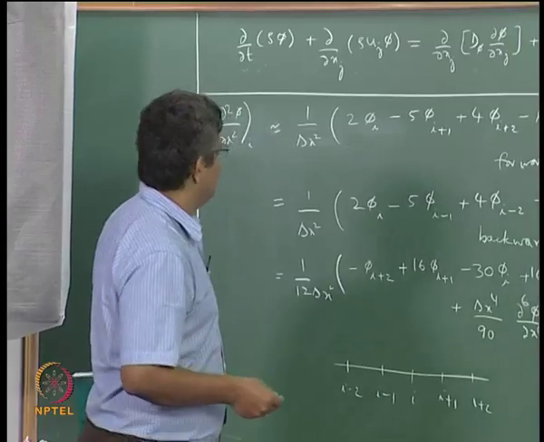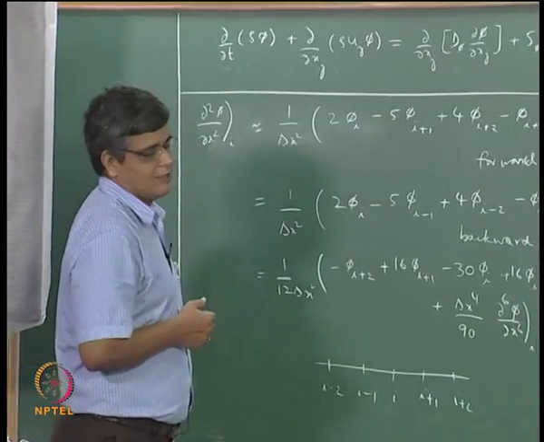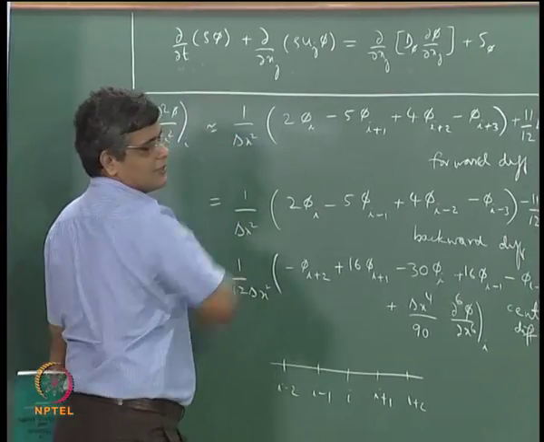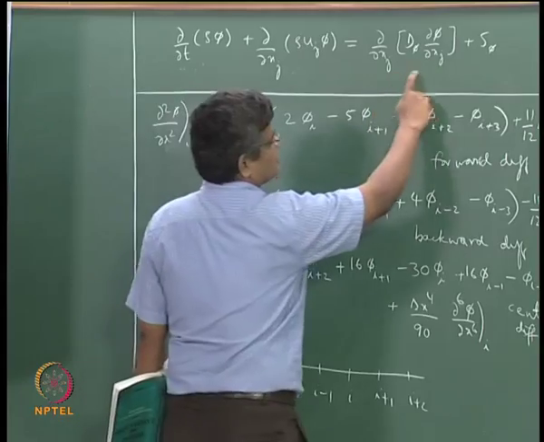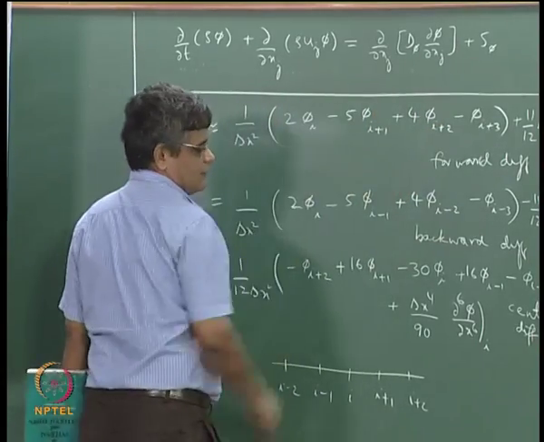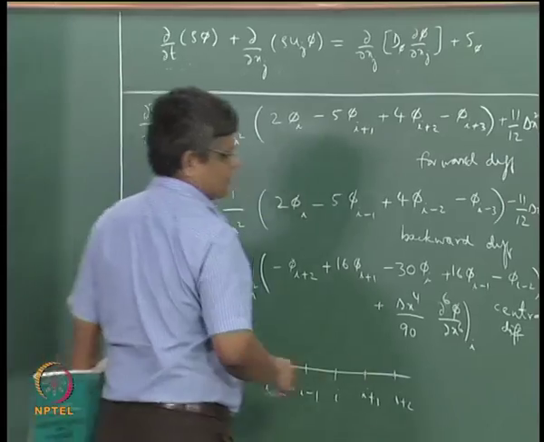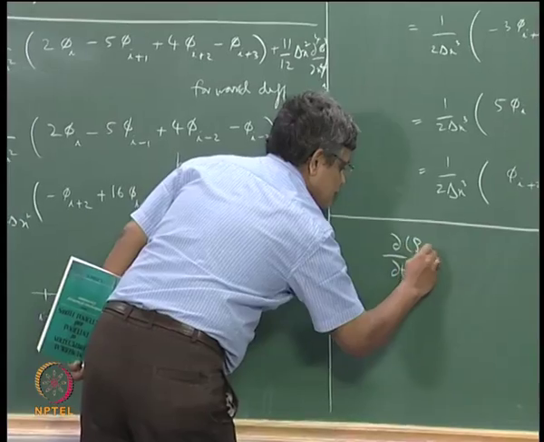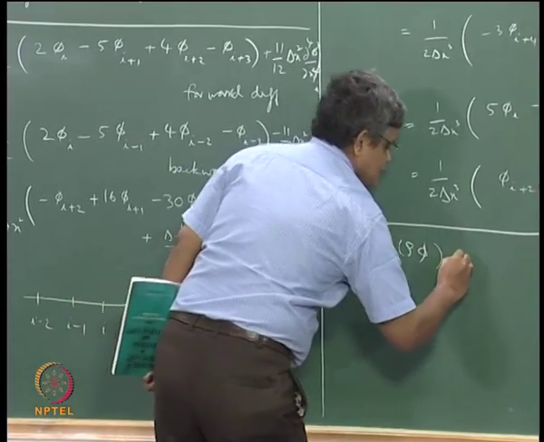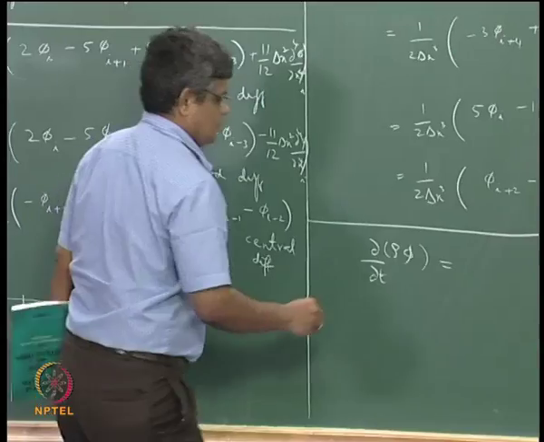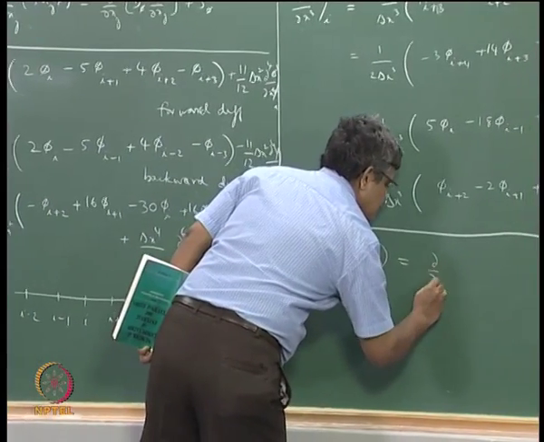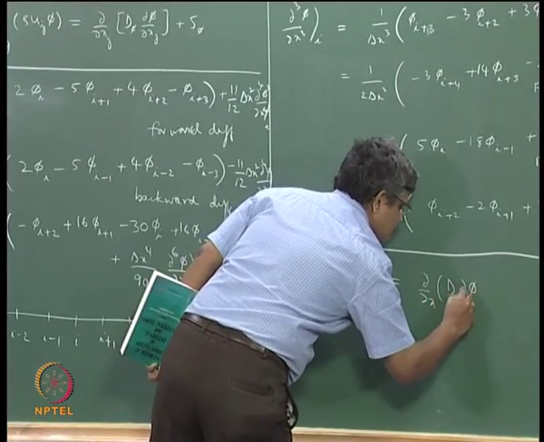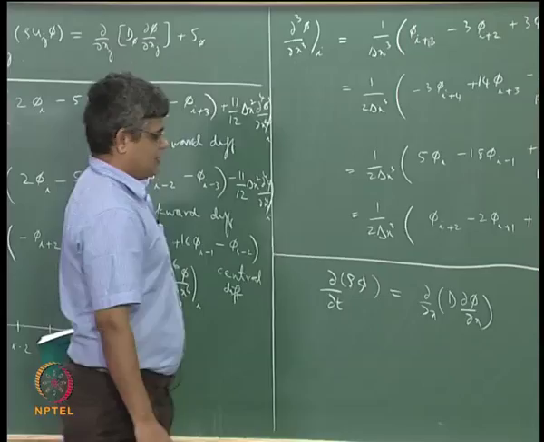Okay, let us illustrate this with a very simple example of a one dimensional case with only a diffusion term and no source term and no advection term. So for that case we can write the equation as dou by dou t of rho phi as being equal to dou by dou x of d dou phi by dou x, and